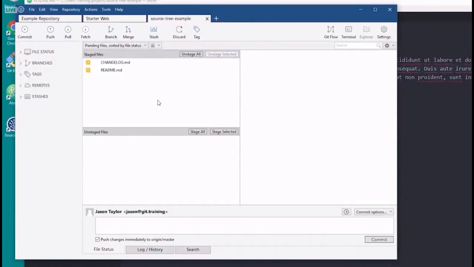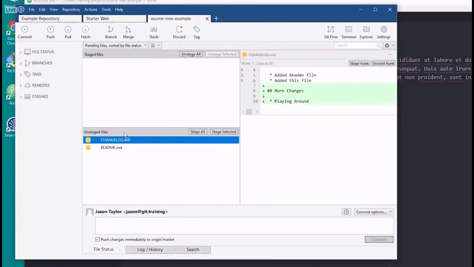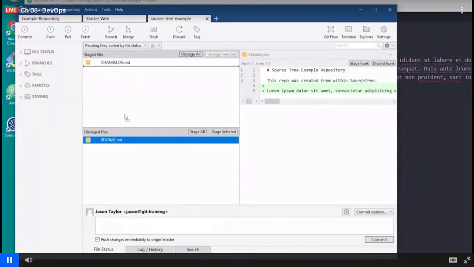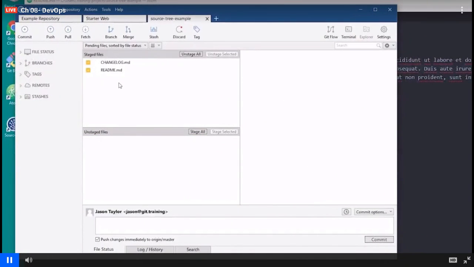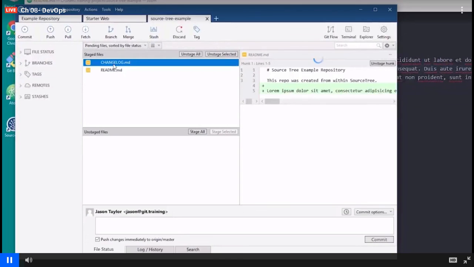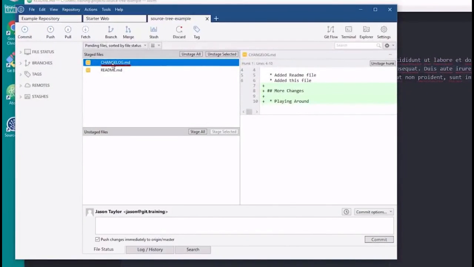I can also unstage files. For example, you decide that you really don't want both files moving forward. We can unstage both files by clicking on Unstage All. As we covered before, we can drag and drop the file, and we can even selectively drag and drop back. For example, I'm not ready for changelog to move forward, so I